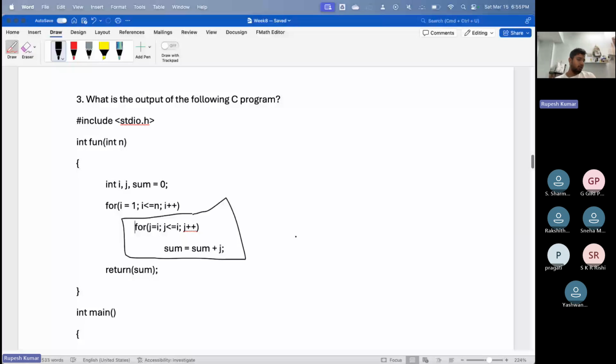And then there is a nested for loop inside that for loop that runs from j equals i, with the condition j is less than or equal to i. So basically what happens is,